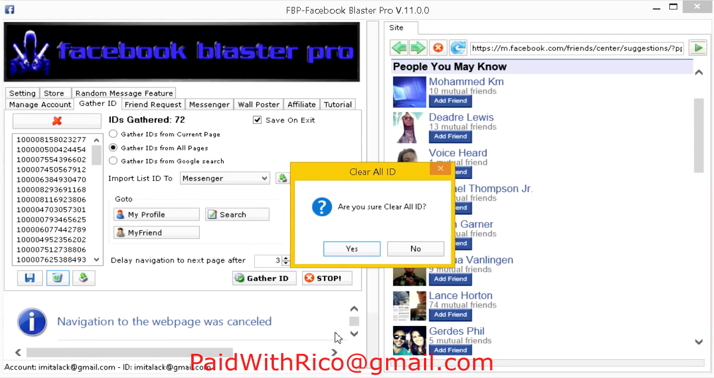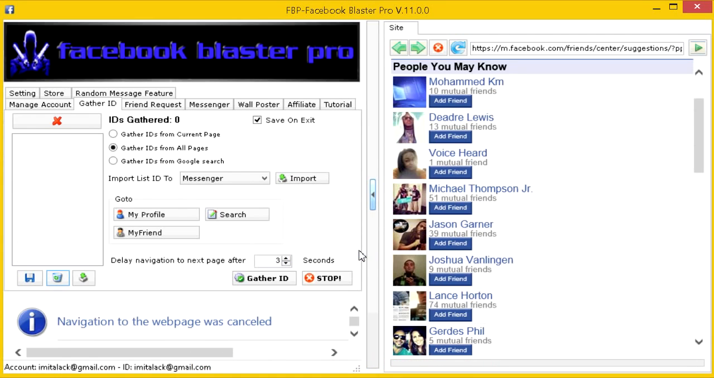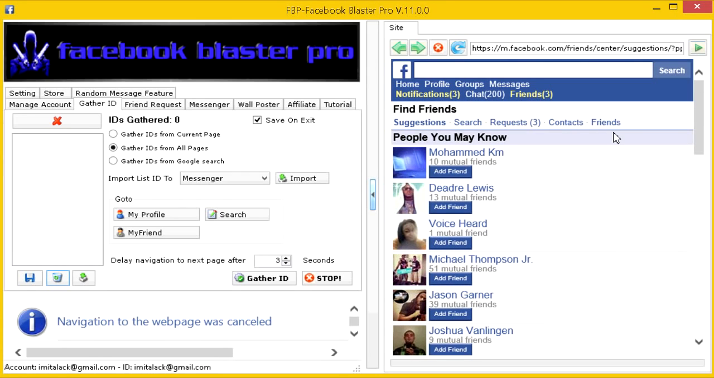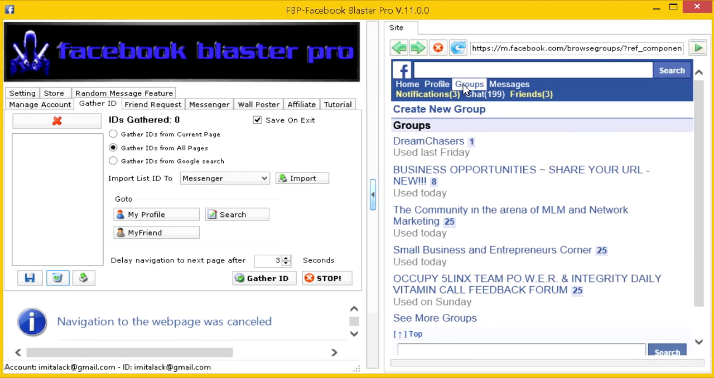So we're going to dump out all these IDs real quick so I can show you the next thing that you could do. We're going to move on to groups. So that was suggested friend, guys. That's really simple. All you have to do is click friends and gather the IDs. Simple. Friends, gather IDs. Okay, so now we're going to go to groups, and I use groups more because I feel that,